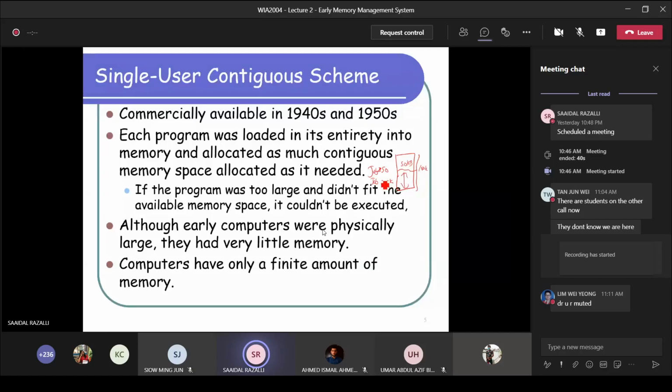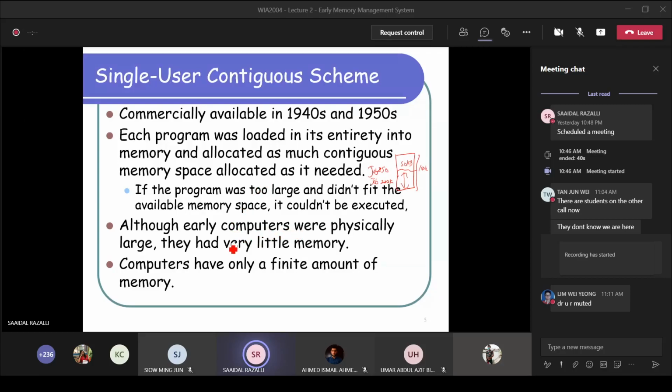That's why in modern systems, a job is separated into processes, and processes are separated into threads. So we make a small chunk of a job, and we call it a process. In each process, you can chunk it even smaller, and we call it a thread.